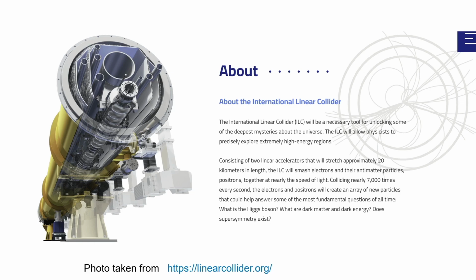This is a linear collider. This site is linearcollider.org, and this is a part of the linear collider, called the ILC. It says it will be a necessary tool for unlocking some of the deepest mysteries about the universe. The ILC will allow physicists to precisely explore extremely high energy regions, consisting of two linear accelerators that will stretch approximately 20 kilometers in length. The ILC will smash electrons and the antimatter particles, positrons, together at nearly the speed of light, colliding nearly 7,000